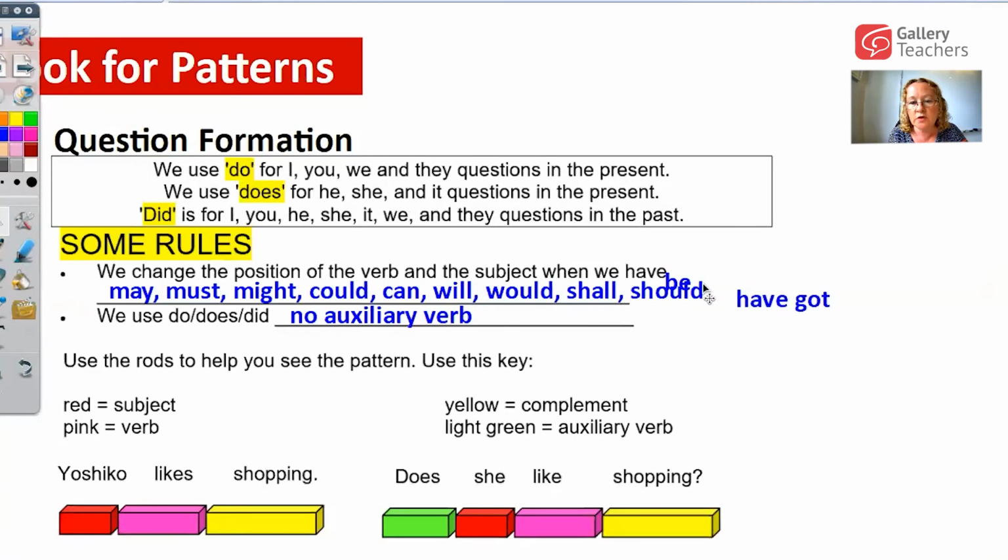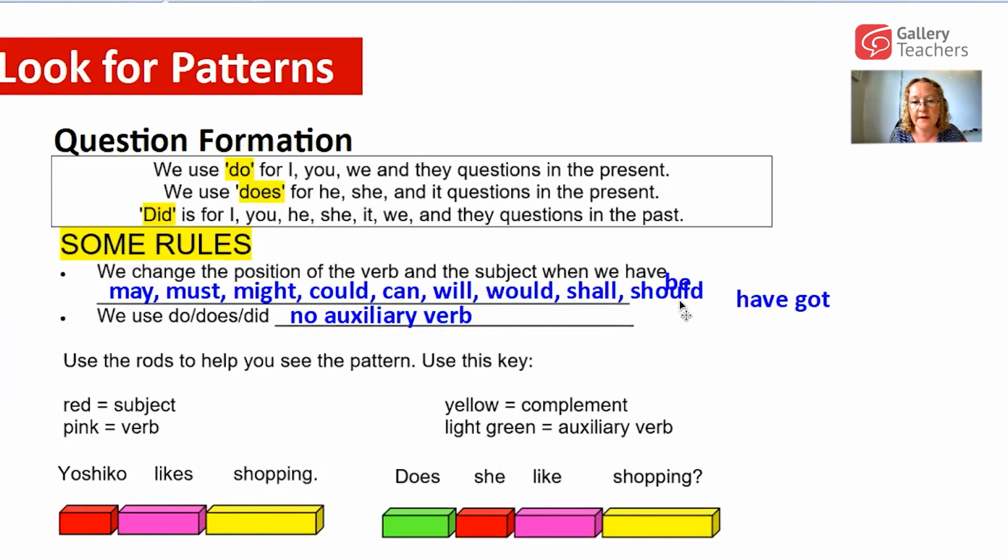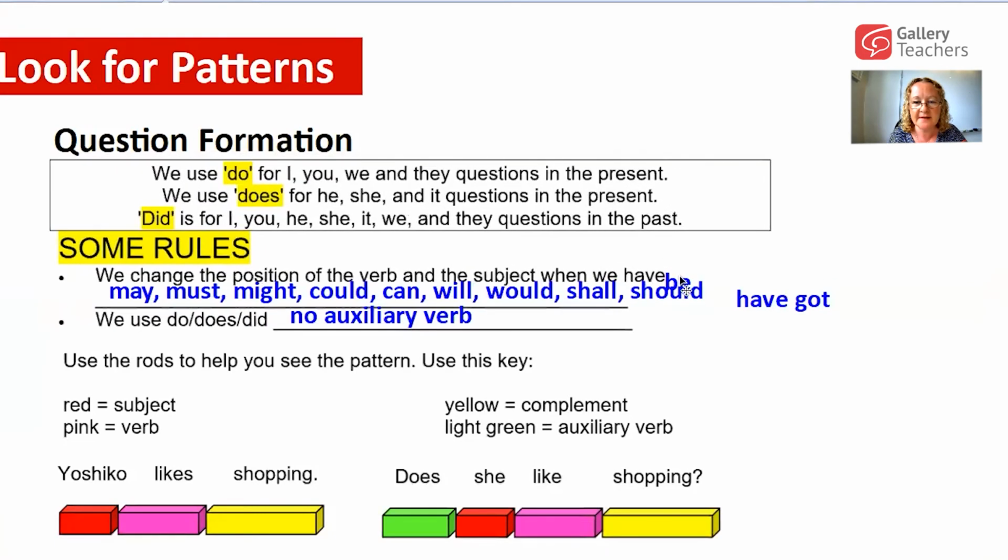Now, when we want students to have a look at these rules and think about how they work, here we go, let's just move these. Okay, so we can give them some sentences and lay those out with rods. So here we've color coded that red is our subject. So in this case, Yoshiko, and here, she. The pink is the verb, likes, and put it in here. Yellow is everything else, a complement, because we're not worried about the rest of the sentence really for the purpose